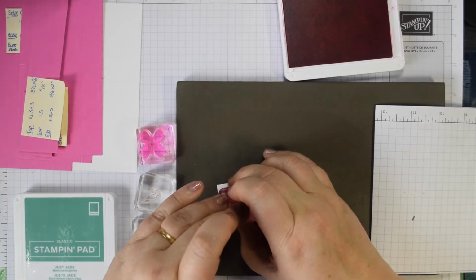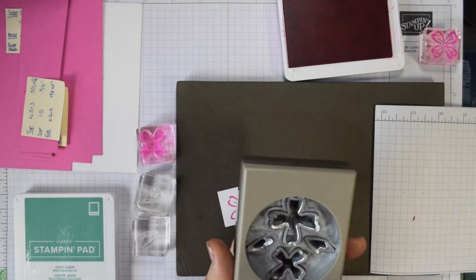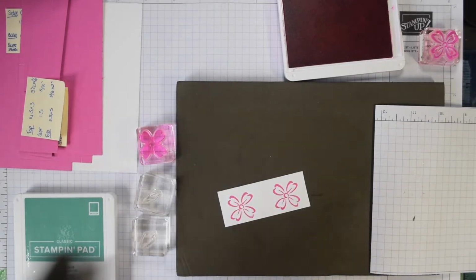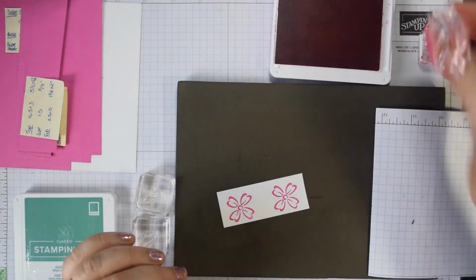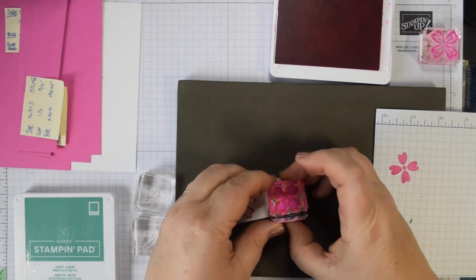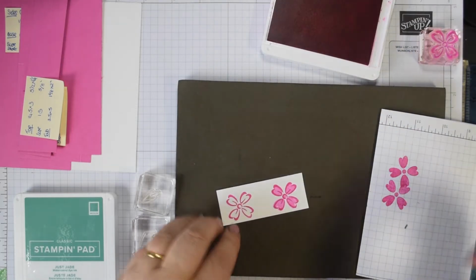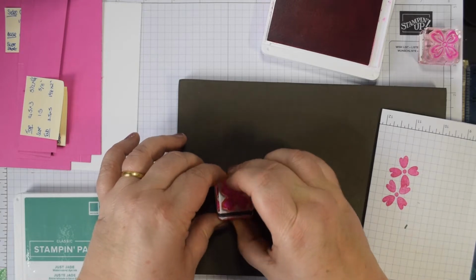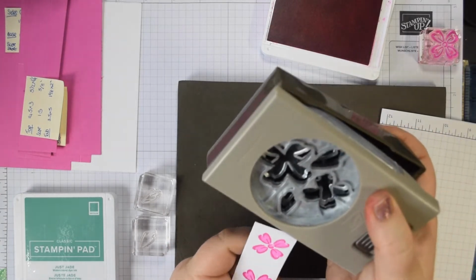And that's so that you can get the punch, because when you punch on this, it's this flower here, you'll see that the leaf also starts to cut, so you just need to leave enough space for that. So for the inset, tap it, stamp off, hover over and line up, and it is symmetrical, so you can just add that wherever you want. Pop those in